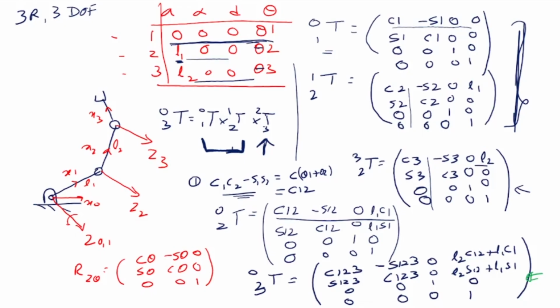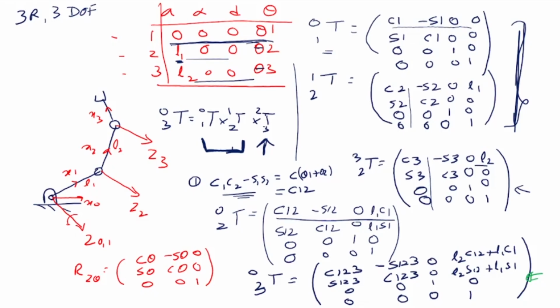Now, if you think a little bit, one question that may come to your mind is that if you have a 10 degree of freedom system, this matrix is going to become very, very long, and it'll have a lot of terms. How do you know it is correct? Or what I wrote here, is it correct? If you are asking yourself that question, that I have written this down, is this correct? Or could I have written this down without doing all these computations?